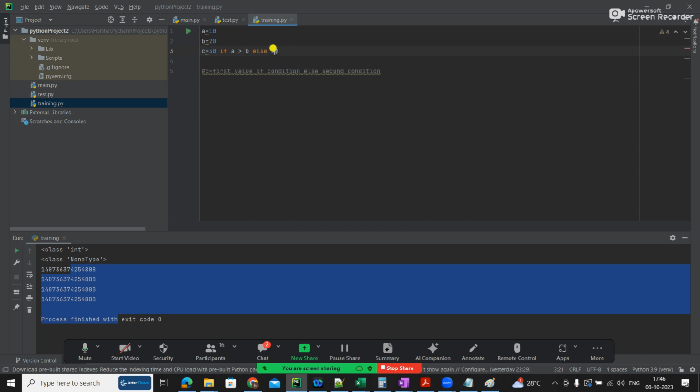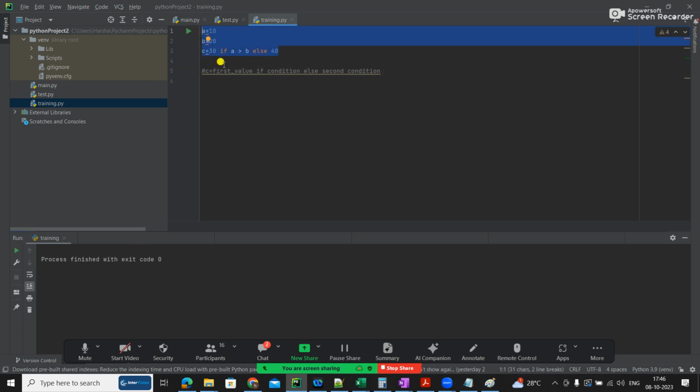So it will confuse you. I'll make it as 40. Print 40. So that is the meaning. So first value, if condition, or else second value. Let us run this first, and I should do